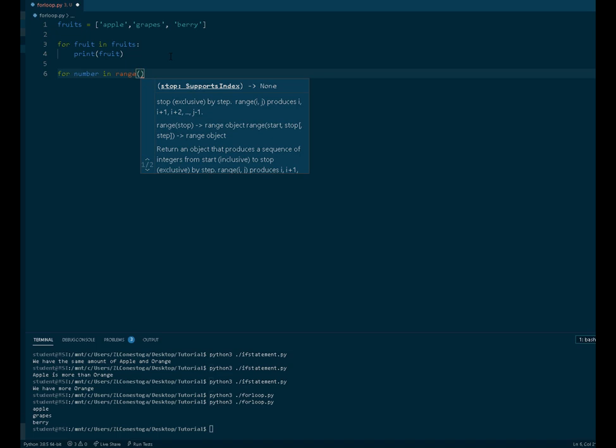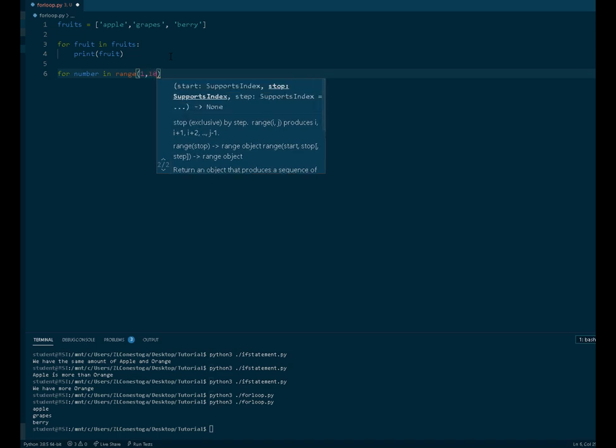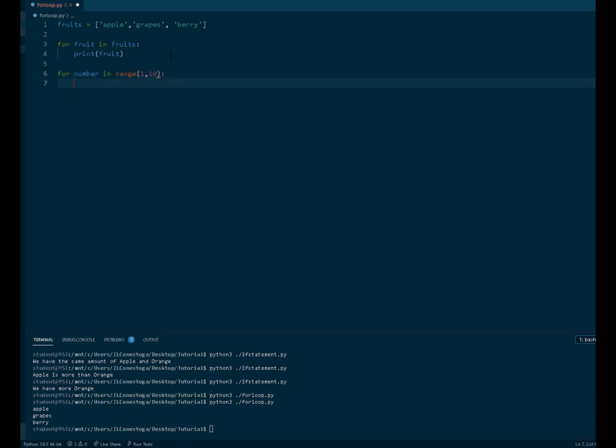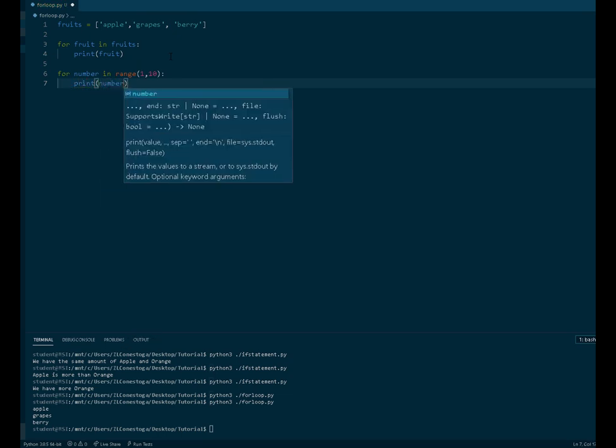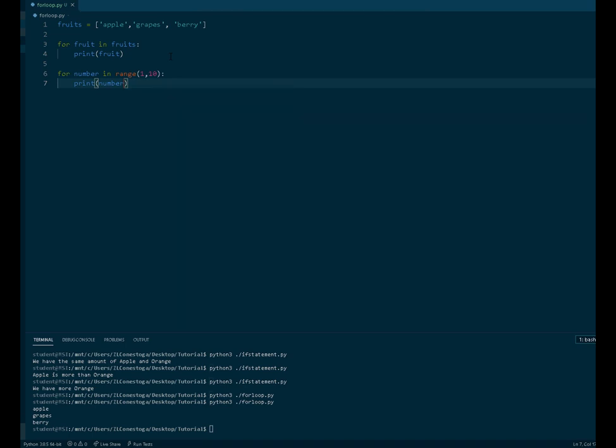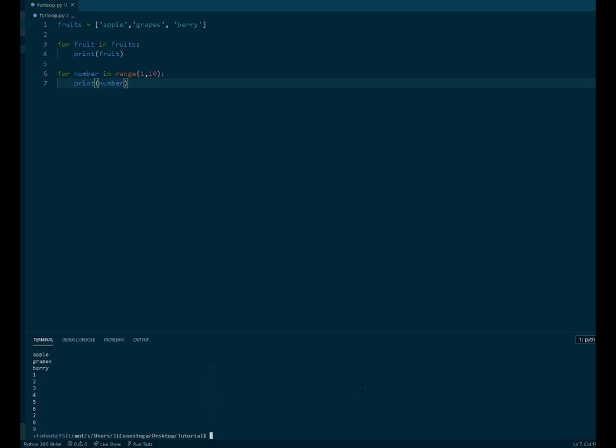We're going to count from 1 to 10, and that's what it will give us. Print number. Okay, let's run it. There you go. So 1 to 9, but if we want to include the 10, we have to increase this